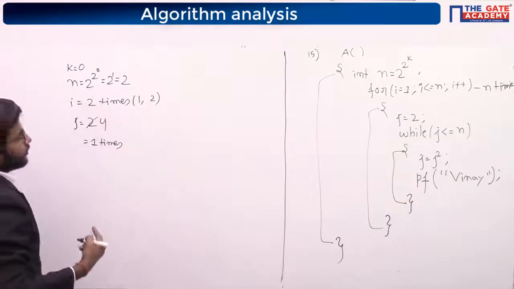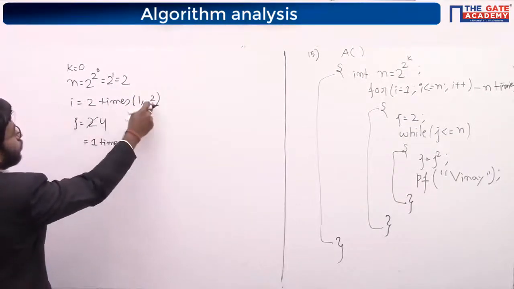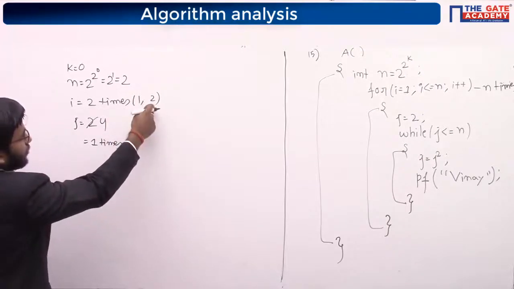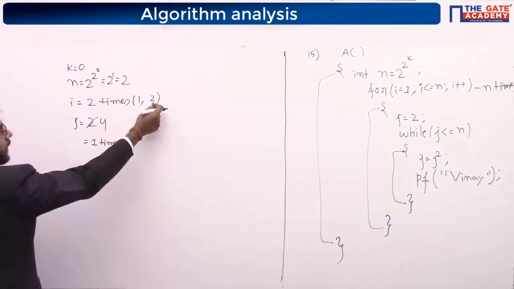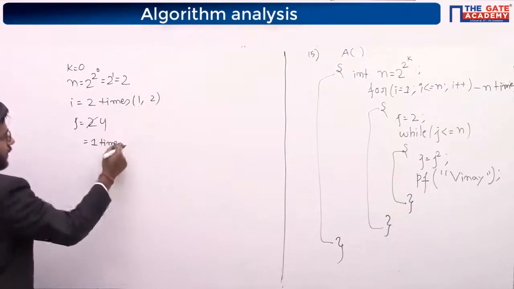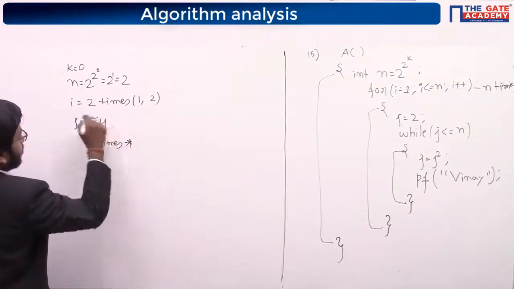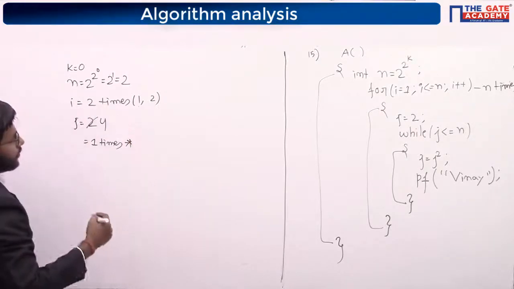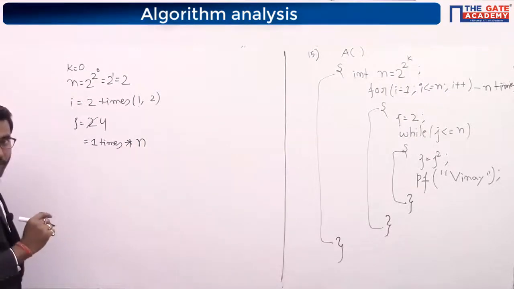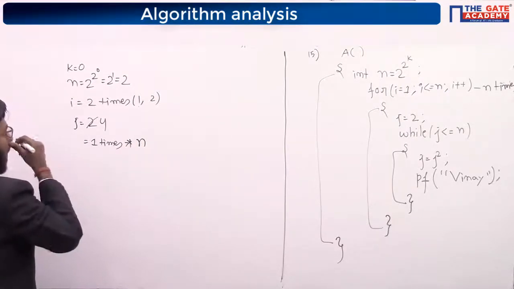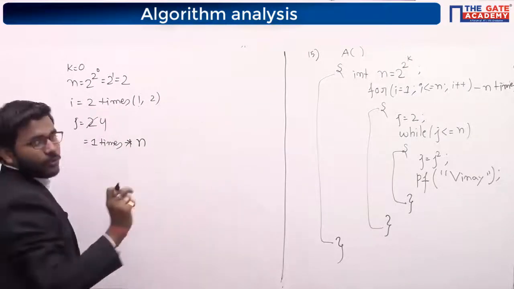Now again it goes here. When first i was 1, then it printed 1. Then i is 2, it will go again, it will print 1 more time. Means it is printing a total of 2 times. Means whatever value of n, that many times it has printed here, because here n is 2, that many times i is going to increment.